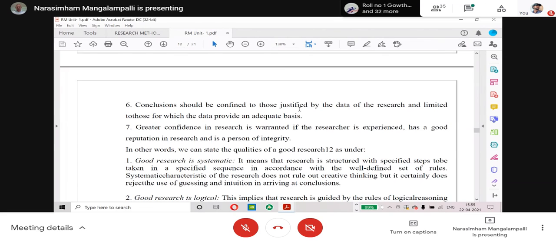You see, suppose if you take a metal rod and heat it, then what will happen? It will expand. So if you have identified some new type of alloy and prepared a rod from it and heat it, and its length is increasing. So if you report that by increase of temperature, the length of the rod is increasing, see, for that you need not do the research. It is an obvious fact.